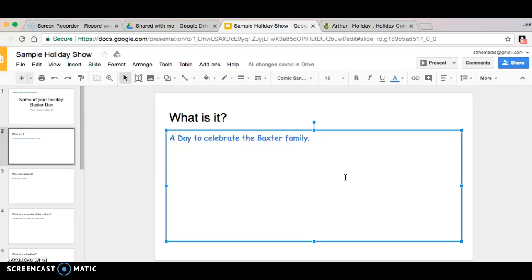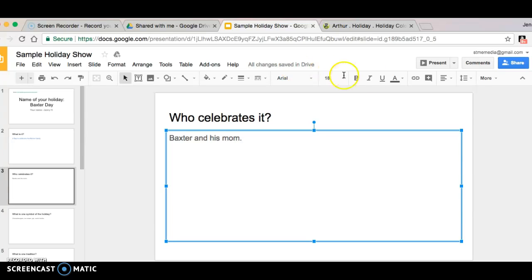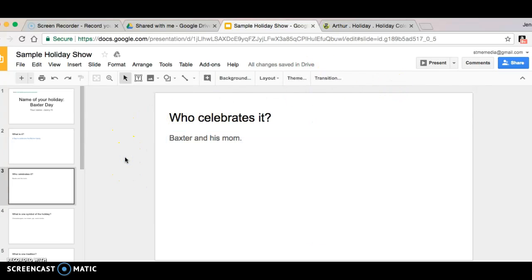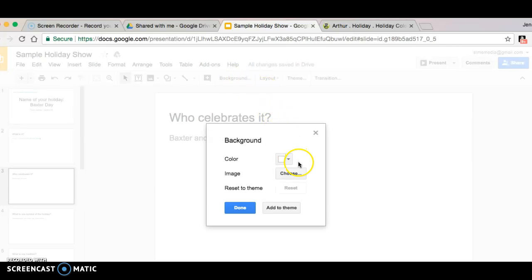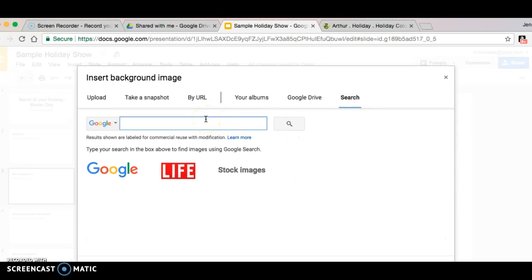Okay, one more thing that's fun. You can add images to your background. So I want you to be aware of this. When you click on your slide, the menu looks like this. When you click on this gray area over here, it changes. What you would need to do is click on this gray area so you see this, and you're going to choose background, and then you can say choose, and then you're going to go to search, and you can say something like